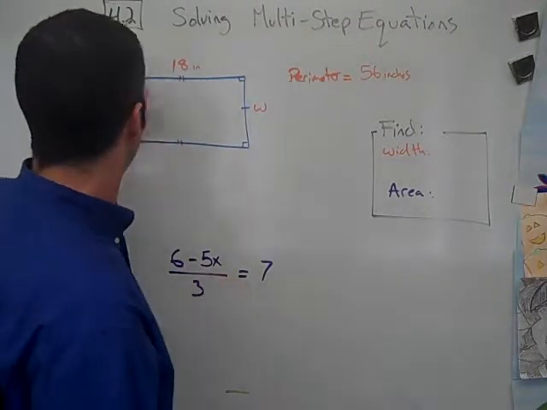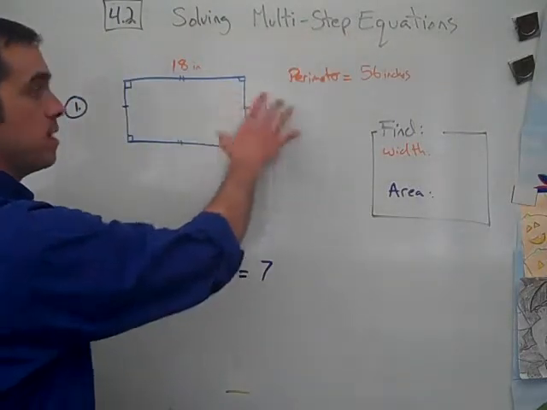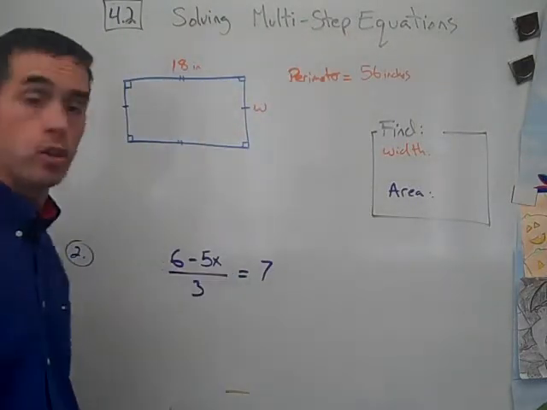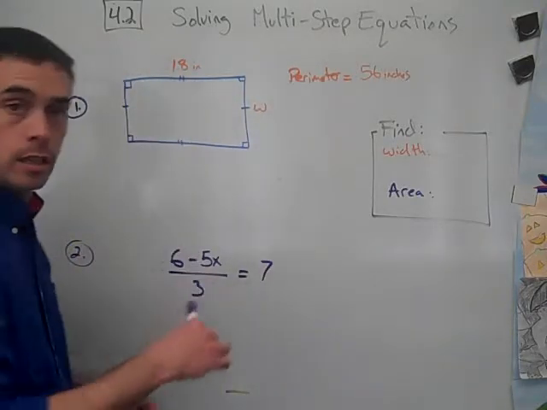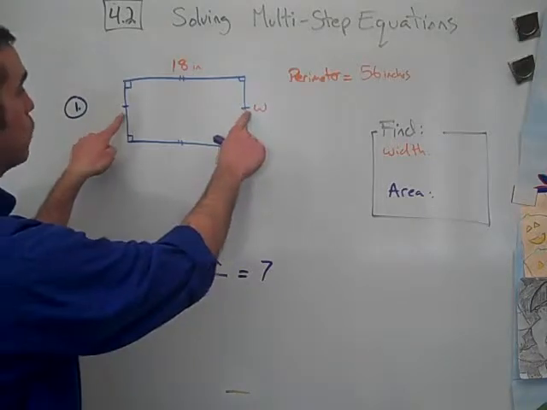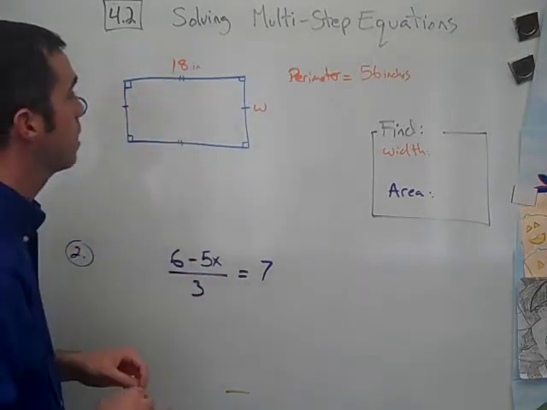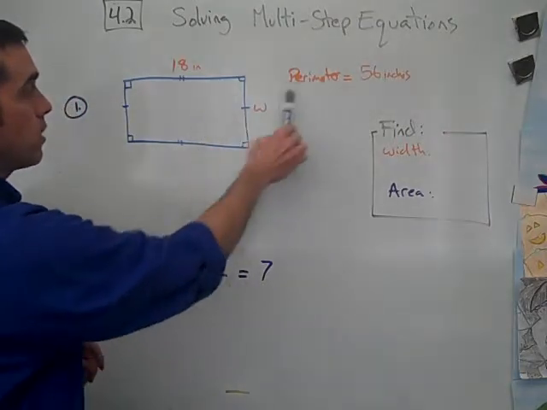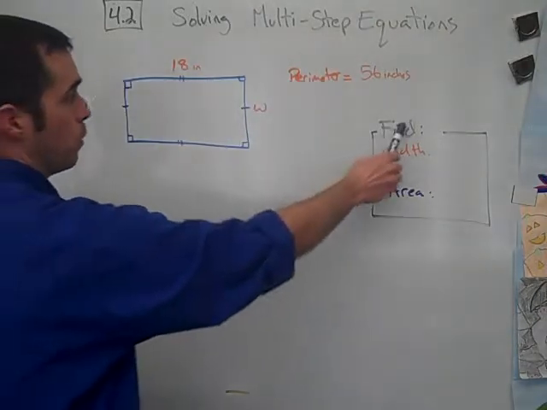Today we're going to look at 4.2, solving multi-step equations. I have a problem based in geometry here and then a purely algebraic problem as well. To begin with, we have a rectangle. I know it's a rectangle because I have two congruent sides and two other congruent sides and four right angles. The rectangle has a perimeter of 56 inches, a length of 18 inches, and we are to find both the